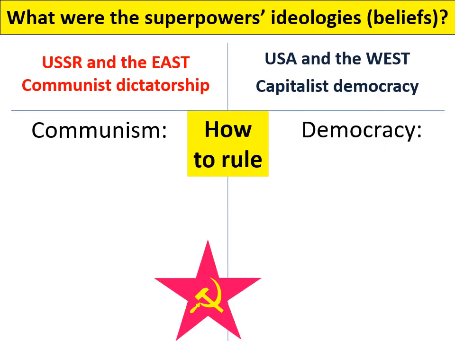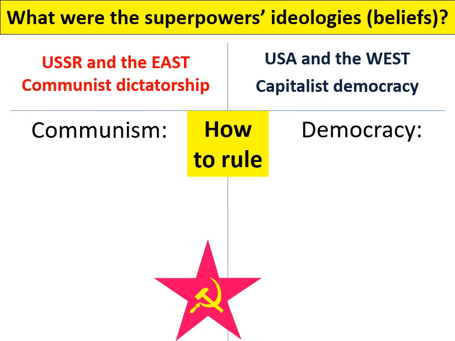So, on Schoology, there is a Word document which you can download and fill in the blanks, or you can make notes as you see fit. But we're going to look at 4 different slides here. Each time we're going to be directly comparing what the East and the communists believe, and then what the West and the capitalists and democrats believe. It's a weird thing where you've got communism and capitalism, and communism and democracy. Capitalism refers to the economy, so it refers to the money and businesses. Democracy refers to the politics and the government. Communism does both the money and the politics. So the first 3 slides will look at democracy, the 4th slide will look at capitalism.